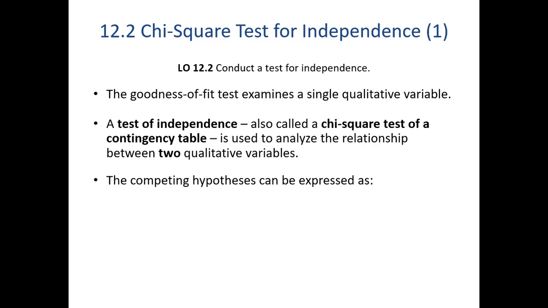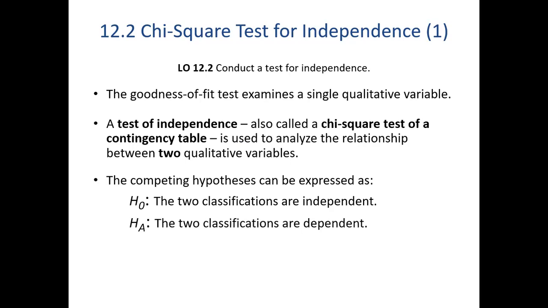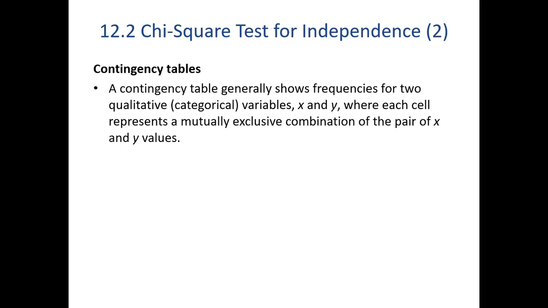The competing hypotheses can be expressed as: null hypothesis, the two classifications are independent; alternate, the two classifications are dependent. A contingency table generally shows frequencies for two qualitative categorical variables X and Y, where each cell represents a mutually